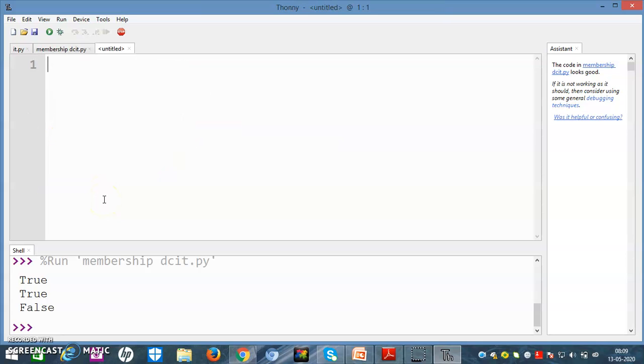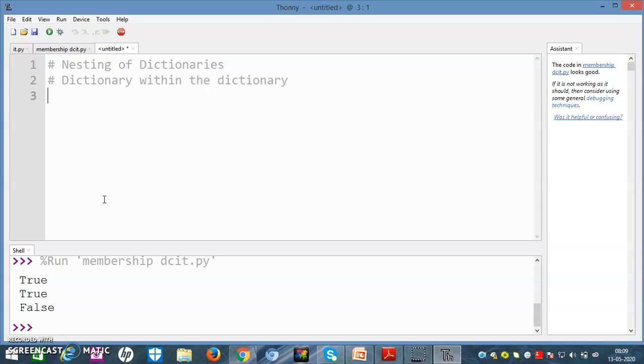Now next is, how could we create nested dictionaries? Wherever the term nested comes, it means a dictionary within the dictionary. Means a dictionary lies within the dictionary.